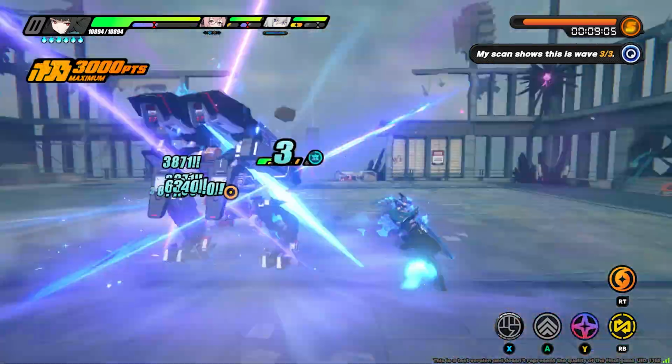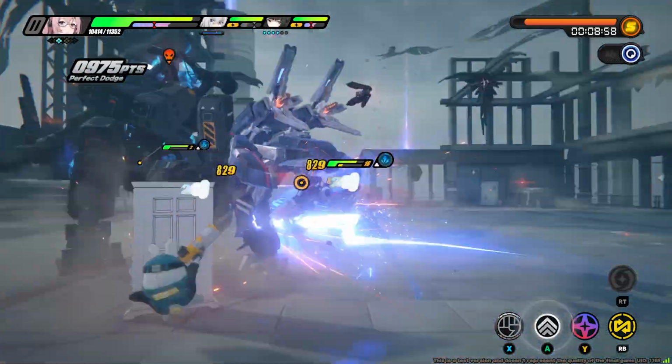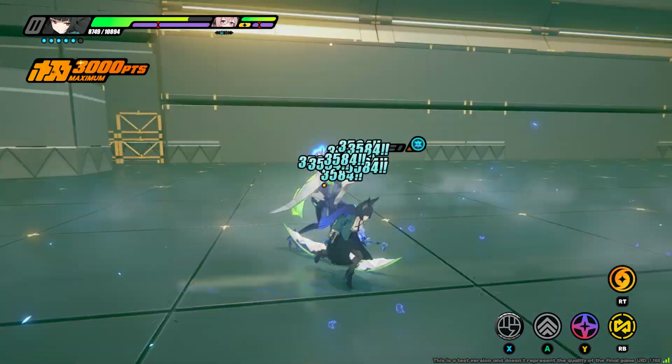So this lets characters like, let's say, Yanagi, or Burnice, proc their anomaly reactions a lot faster and get those disorders off, which are going to be very important as we talk about her kit. Going on to the next portion of her basic attack, she does have a hold feature that has a charge mechanic